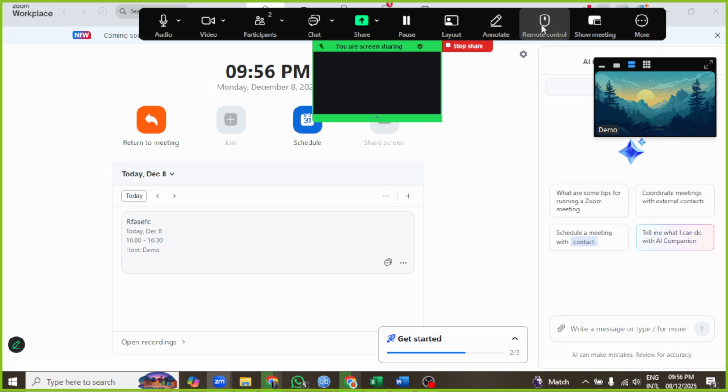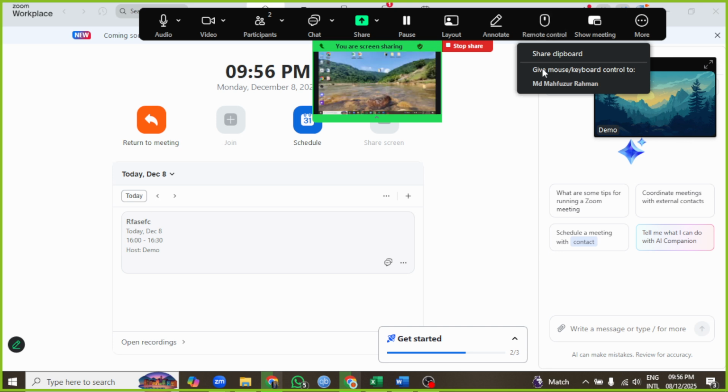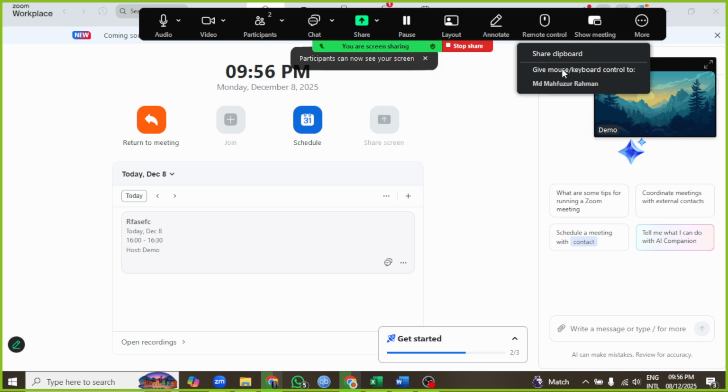If you plan to play audio or video, consider enabling share computer sound or optimization, but that's optional and won't affect remote control. Once your screen is being shared, move your mouse to reveal